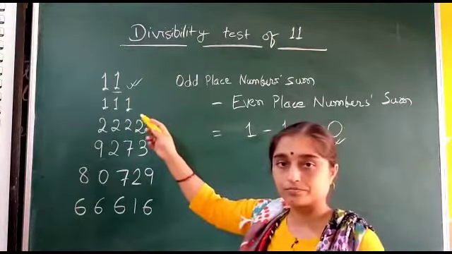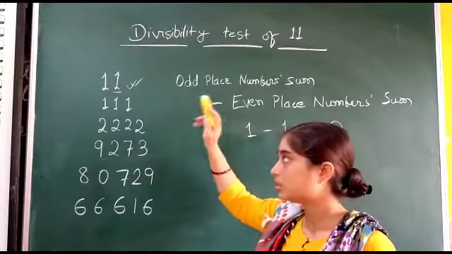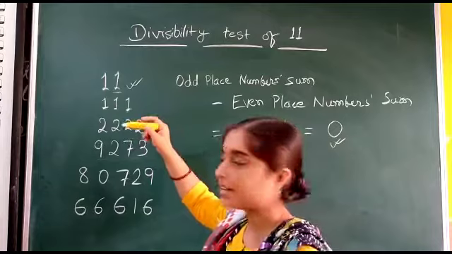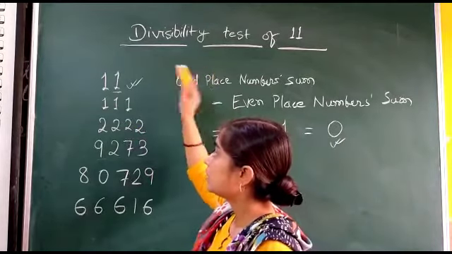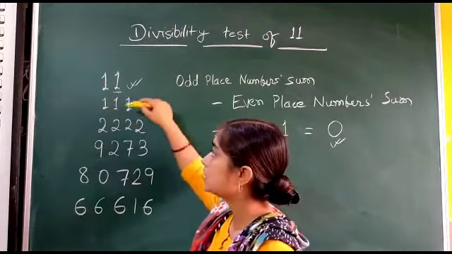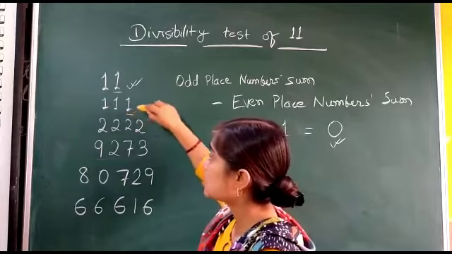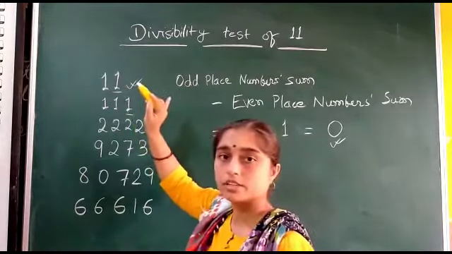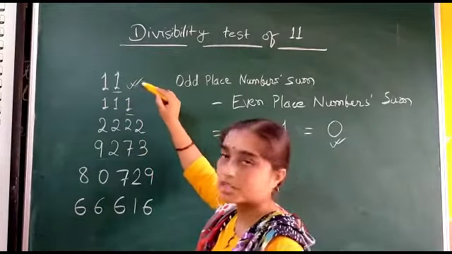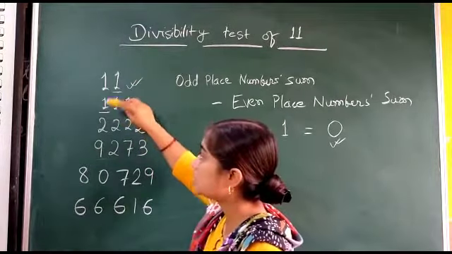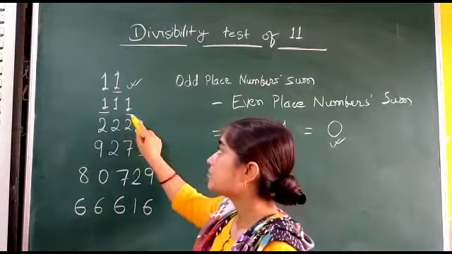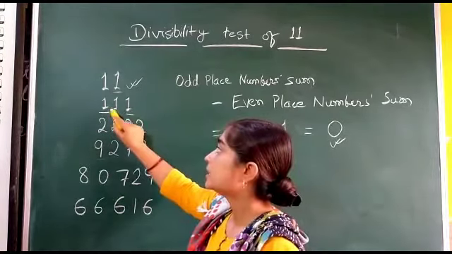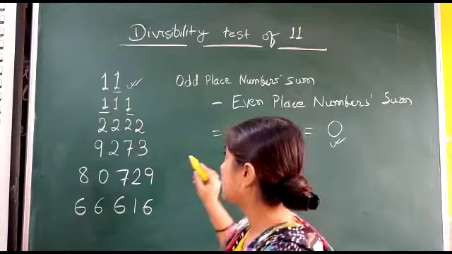Now the second one. This you have understood. Now see the second one. It is 111. How we will find out here. From the left side of the number, you mark this is odd place, first number, second number is even place number. You leave it. Don't put underline under it. Then you mark the third place number. First number and third number you have underlined, and the second number you have left.